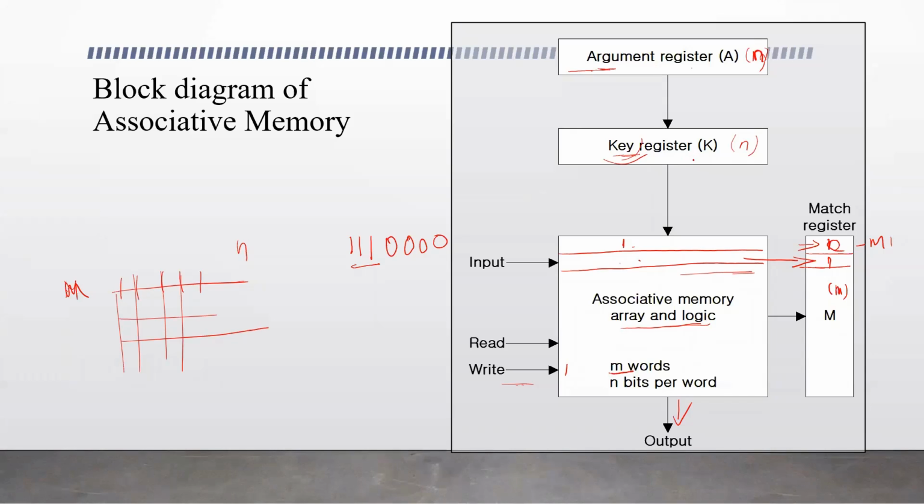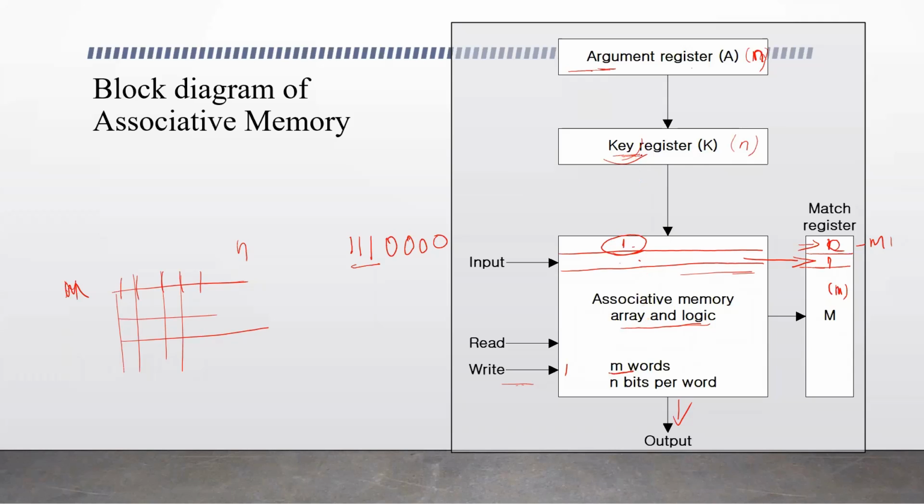Key register is to set the bits. In the argument register, instead of taking the whole word and searching the entire word against the words in memory, we use some particular bits, some keywords. Generally, when we search, we don't write a big sentence. We identify the keywords to get the search done faster and accurately. So we choose a keyword and give it in a Google search and all. Same way here, to select a particular part of the word to compare with the same part of the word in memory.